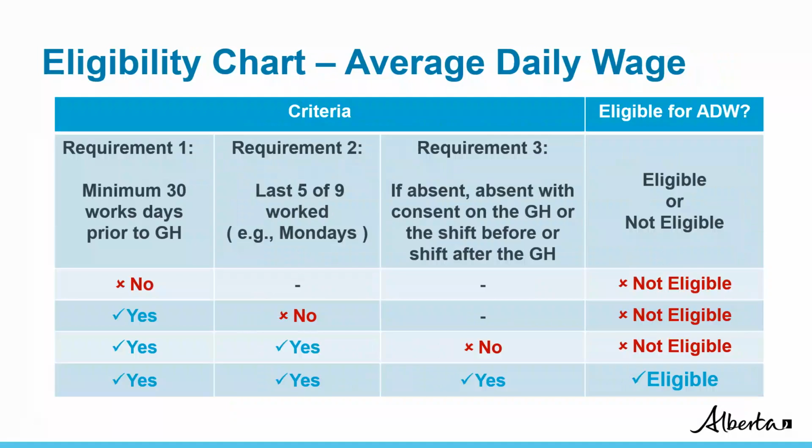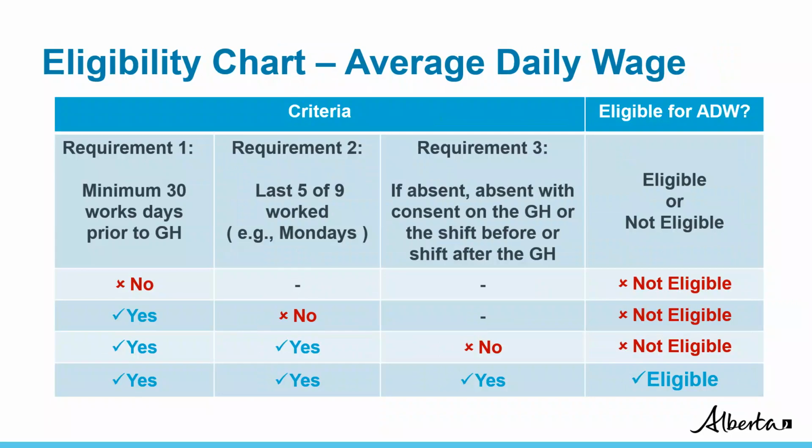Now we are looking at general holiday pay eligibility. There are a few eligibility steps for entitlement, and we'll talk mainly about entitlement to average daily wage. First, an employee must have worked at least 30 workdays in the previous 12 months with the same employer. Second, employees must meet what is known as the 5 of 9 rule. This rule helps to determine if the day of the week that the general holiday fell on was a regular